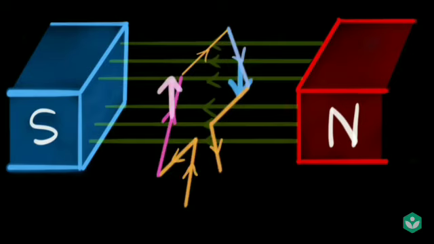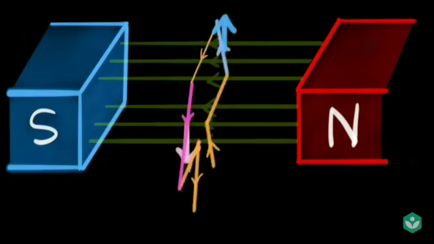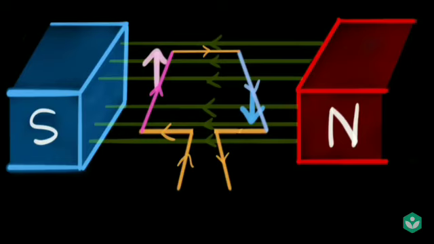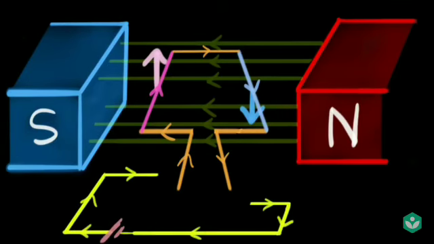Now, of course, in this animation, I'm pausing every time the current is changing so that we can see the force flipping, but in reality, the thing will keep on spinning continuously. The last thing we need to explore is how do we attach a battery to this and make sure that the current direction reverses after every half a rotation.